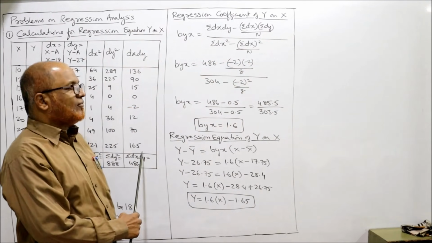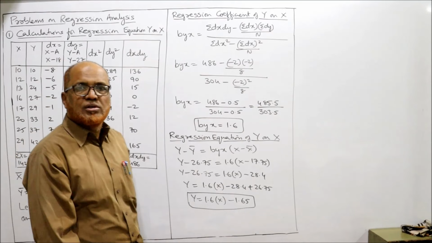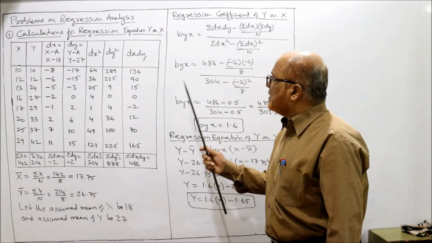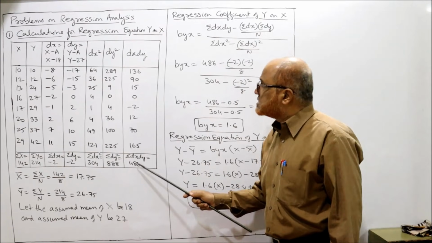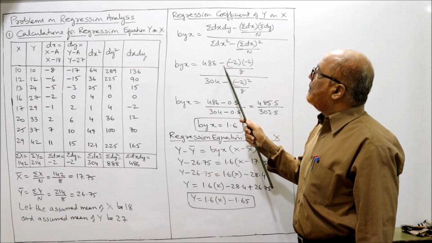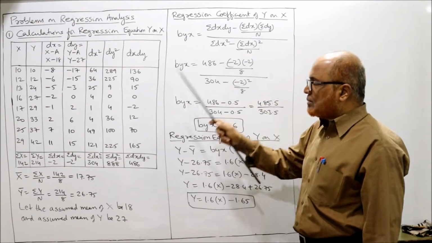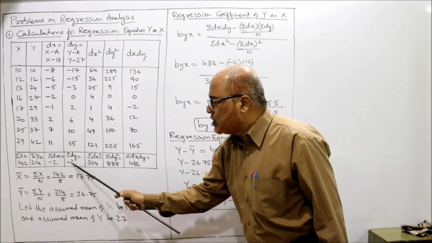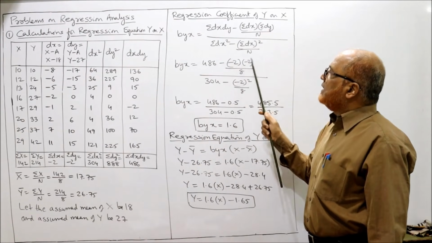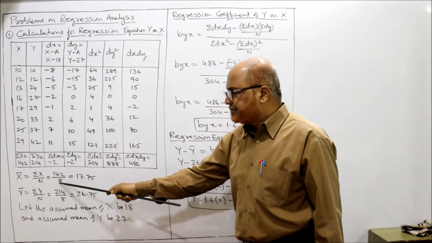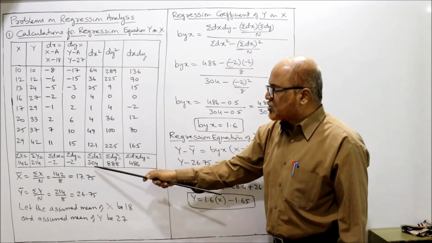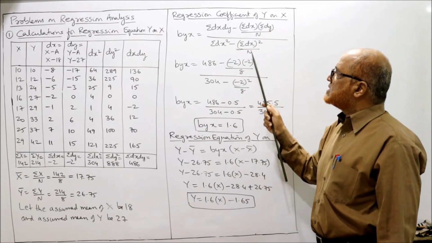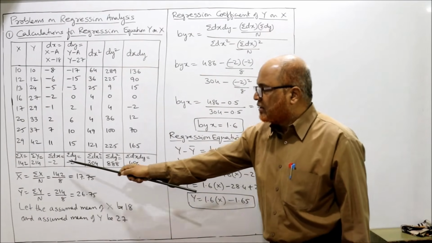All the values you have, now substitute the values. ये पूरे values लेकर substitute करिए फॉर्मूला में। Summation dx dy, how much it is there? 486. तो I have written 486 minus summation dx into summation dy, minus 2 into minus 2, divide by n. n कितना है यहाँ? 8 है। Divide by summation dx square is 304 minus summation dx whole square, dx is